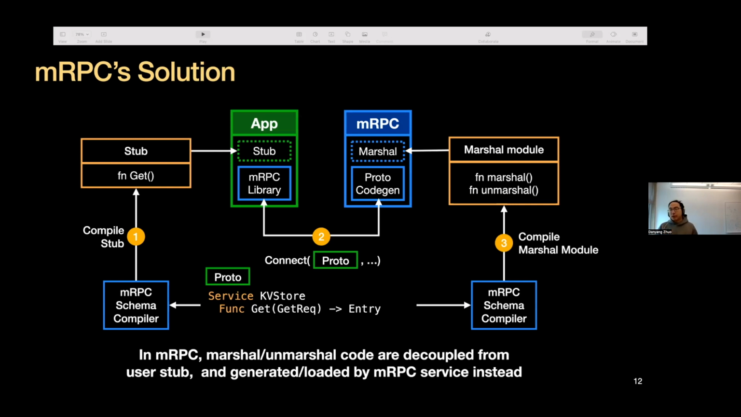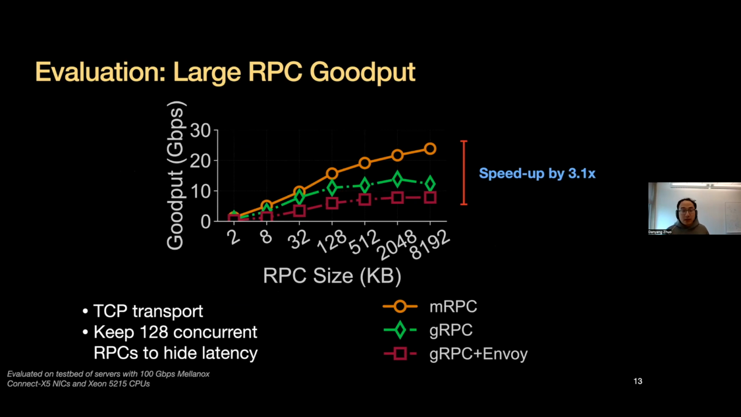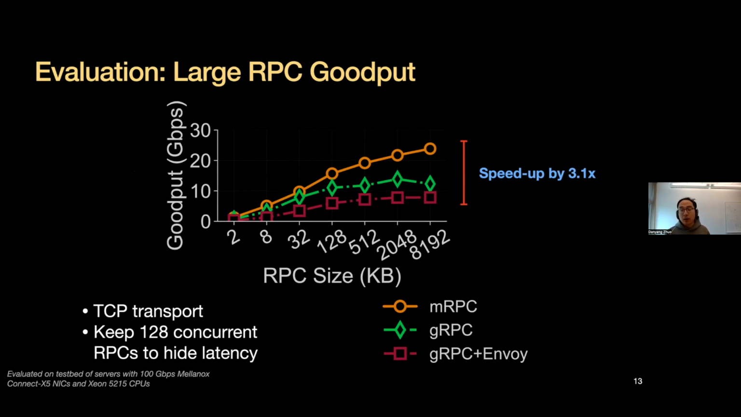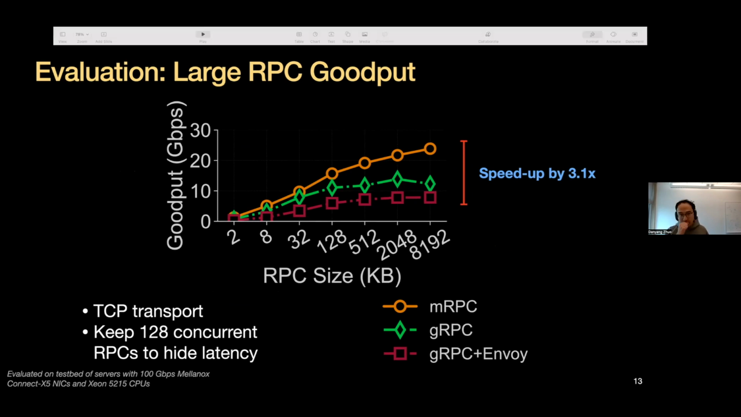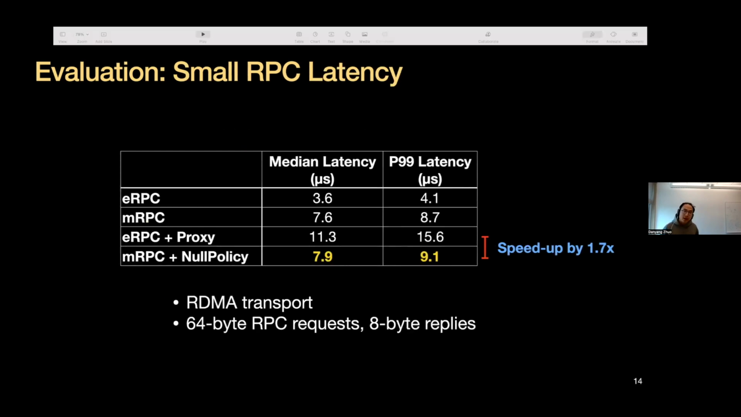So we have certain evaluations. First is a large RPC group. This is comparing with gRPC and gRPC plus Envoy. We can enable a similar set of network policy as Envoy, and we have seen a 3.1x speedup on TCP transport. We can also compare with state-of-the-art low latency RPC libraries like eRPC, which is an RPC library